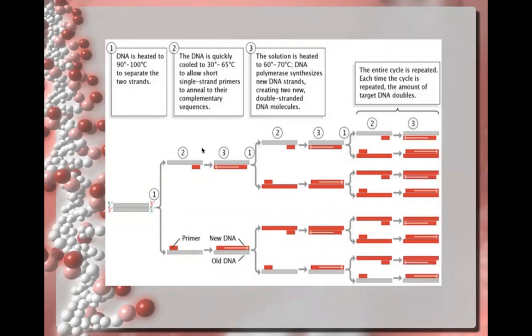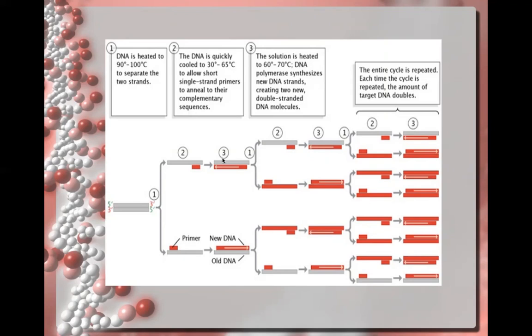So again, in the first step, the primer or the DNA to be copied are heated at 90 to 100 degrees Celsius to separate the strands. So this is the first separation. Ito yung primer. And then we have the new DNA and the old DNA. So the DNA is quickly cooled. So sa second step naman, i-cool yan to 30 to 65 degrees Celsius, so lower than 90, to allow short single-strand primers to anneal to their complementary sequences. And then